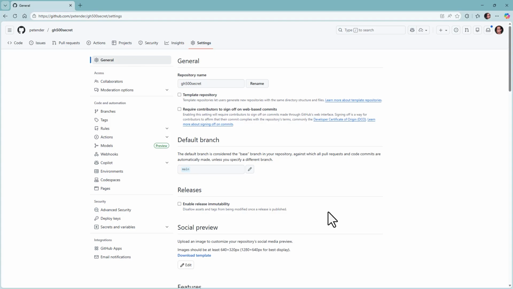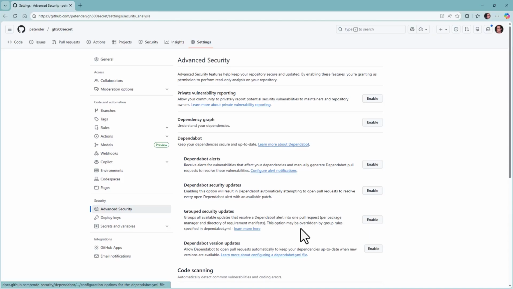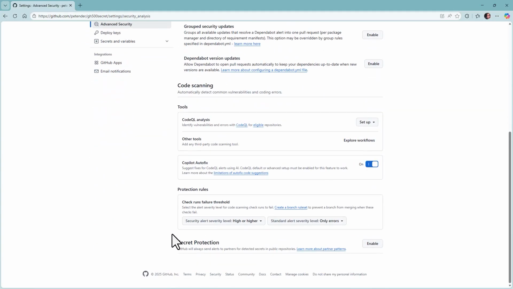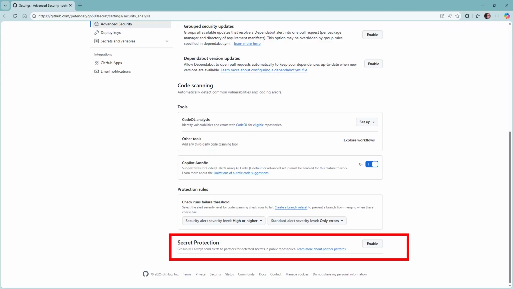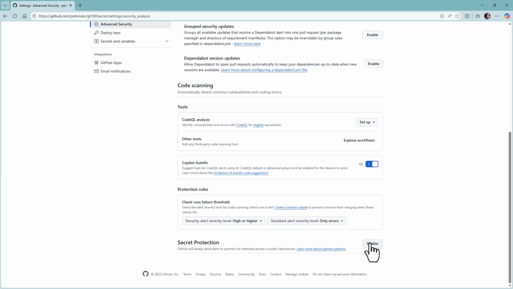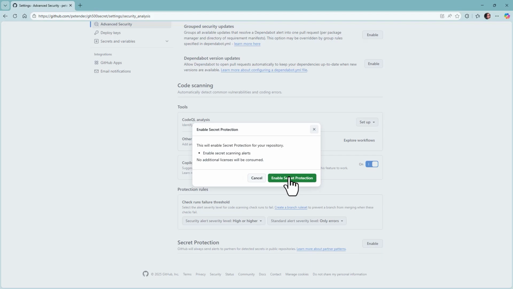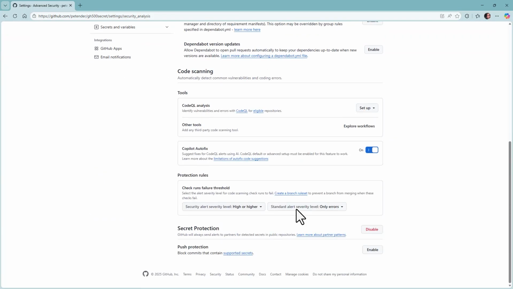I guess I need to provide some admin credentials. They were cached apparently, so that's positive. Well, now it's going to allow me to actually open up my security settings again. And now you can see down here that we do have secret protection. Now, if you create a public repo from scratch, it's automatically enabled. Since now I switched from private to public, it's not automatically enabled. So I'm going to enable this. Yes, I want to use secret protection, and on top of that, as explained in the presentation, I can also enable push protection. So I got my two options enabled,